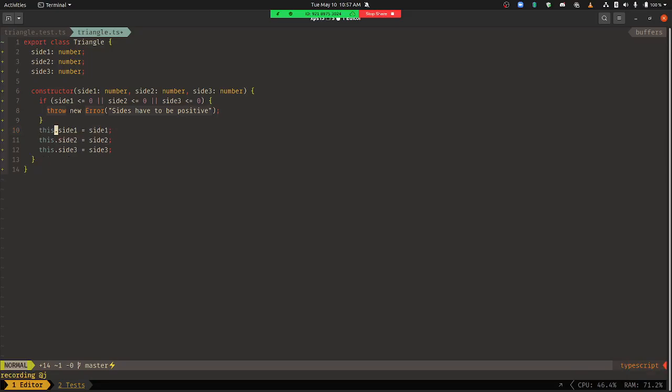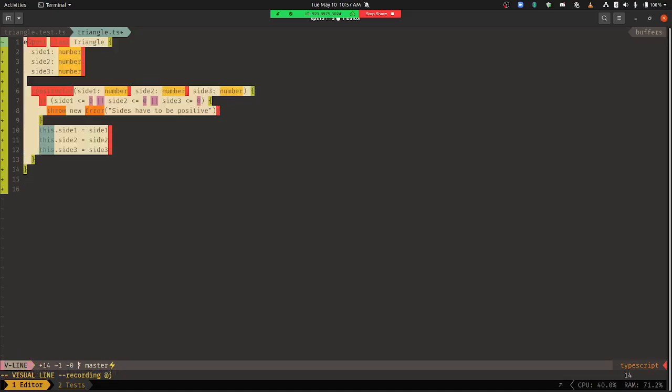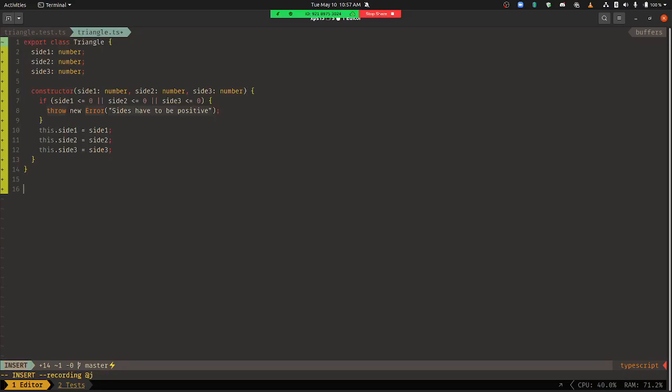Okay, so it doesn't check the type within just that function. It has to be outside of the scope, I guess? It needs to be part of the objects that you're making. Part of the objects, okay. Yeah. Because remember, this is the blueprint. The actual triangles we make are like,